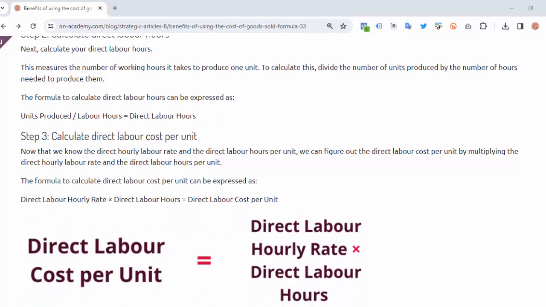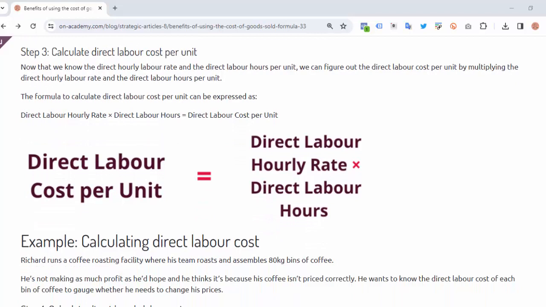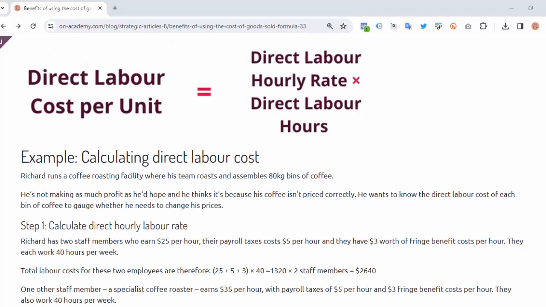Richard's team can roast and assemble 150 bins of coffee in 40 hours. Direct labor hours per unit is 150 / 40 = 3.75 hours. Step 3. Calculate direct labor cost per unit. Richard knows that his direct hourly labor rate is $36.33 and his direct labor hours is 3.75 hours. Direct labor cost per unit is 36.33 x 3.75